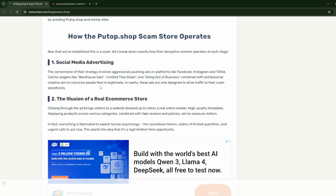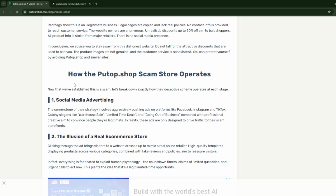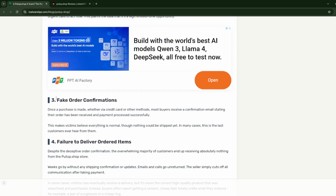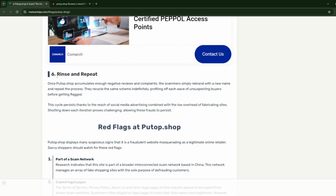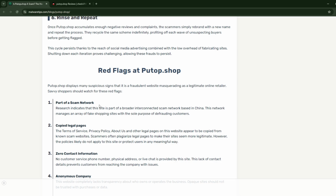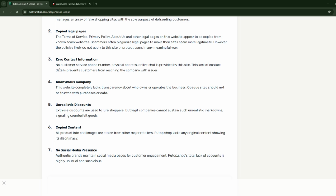As you can see, malwaretips.com goes over how the Putop.Shop scam store operates. Number one, social media advertising, then the illusion of a real e-commerce store, fake order confirmations, failure to deliver on ordered items, refusal to issue refunds, and rinse and repeat. So basically, here are the red flags. Part of a scam network, copied legal pages, zero contact information, anonymous company, unrealistic discounts, copied content, and no